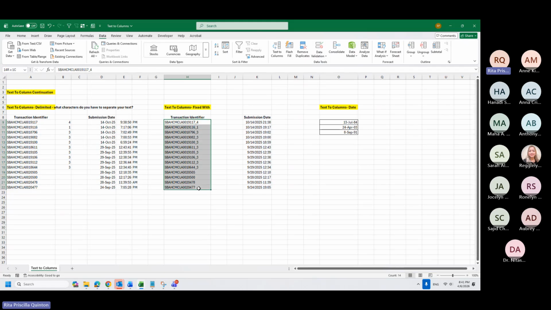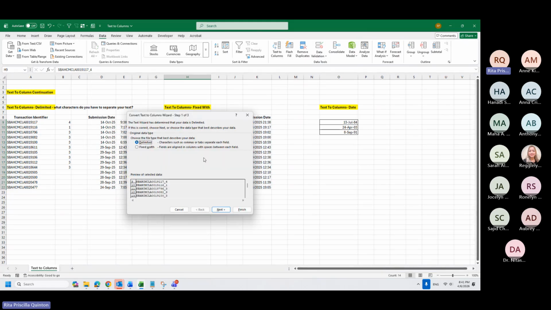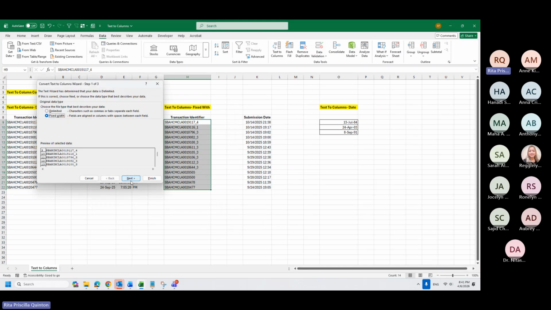I will show you first. Also, again, highlight what you want to divide. Text to columns, fixed width, aligned in columns with spaces between each field. So if I go to the next, you will see that there's no more option over here where we type, but I can have an option to select where I want to divide my cells.